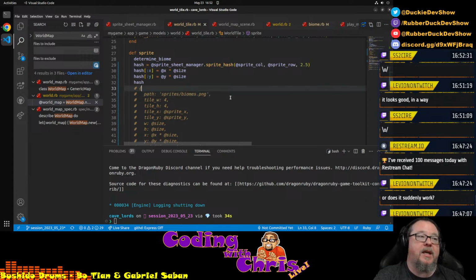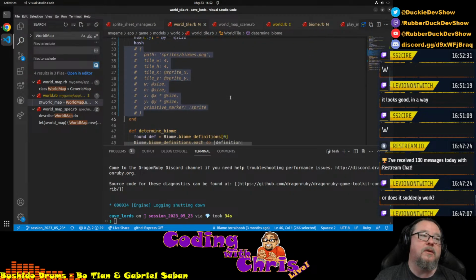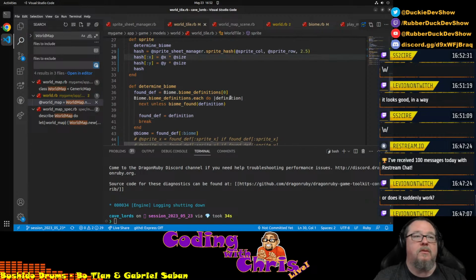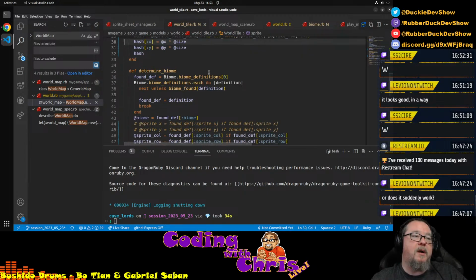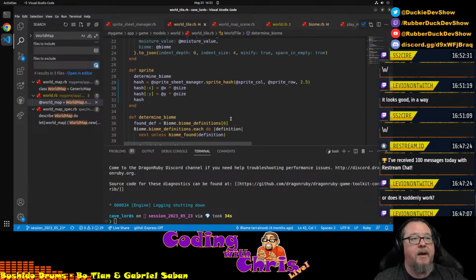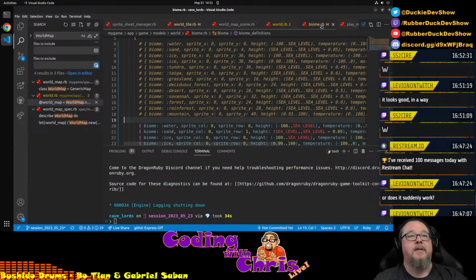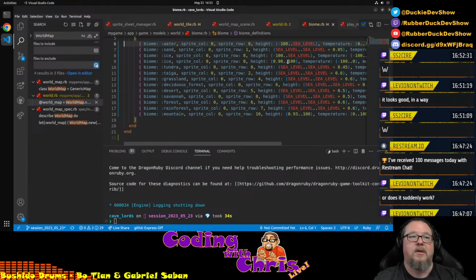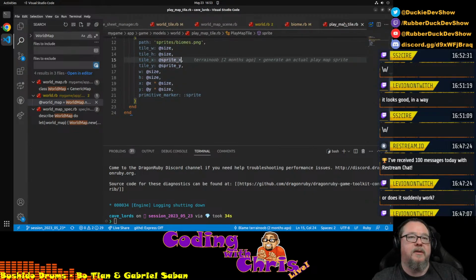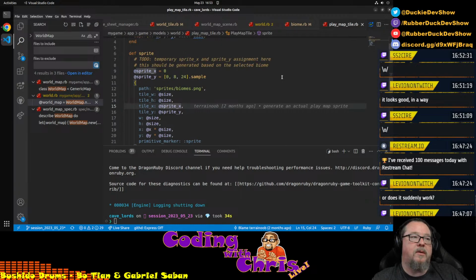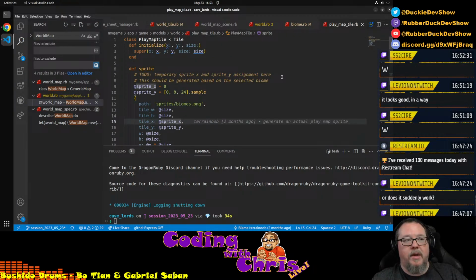So that makes things a whole lot easier when I need to keep track of what's going on where. Oh Lord, that's been driving me nuts. I just could not wrap my head around the sprite stuff, but now I think I've got it. Right, so I don't need this anymore. Oh, and this is so much better for my brain. Think about rows and columns instead of pixels. All right, so now